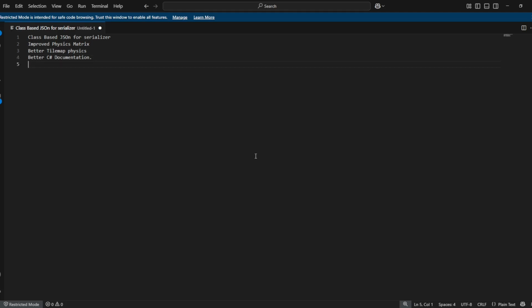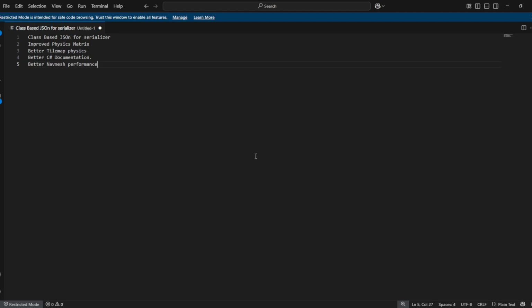All right, my next one, and this one's also going to be in 4.5, or at least it's supposed to be. Better nav mesh performance. They're rewriting their nav system, which makes me so happy. They rewrote it for 4.0, I think, and then they rewrote it for 4.4, and so they're in the process of fixing everything.